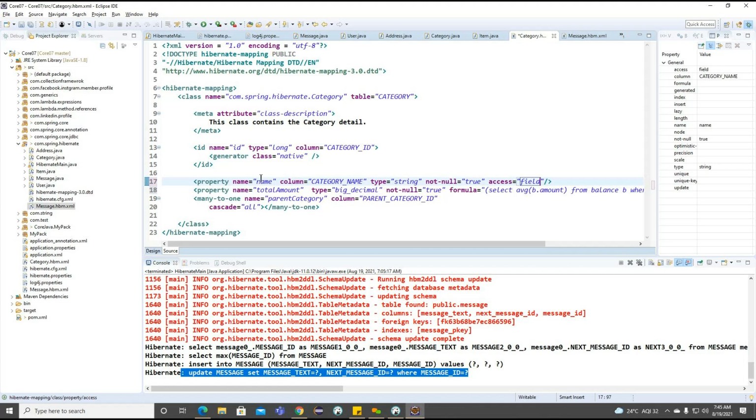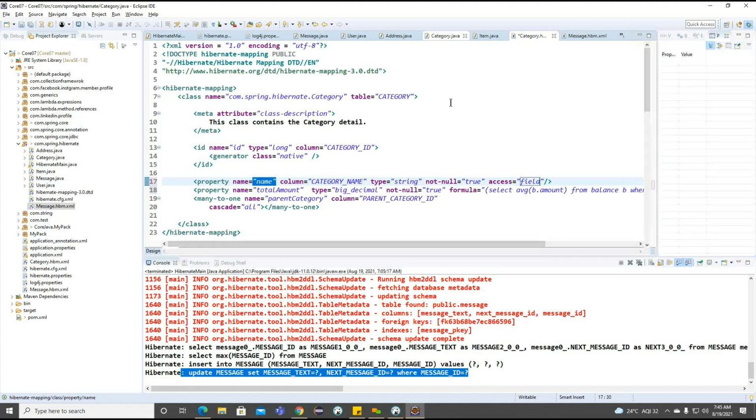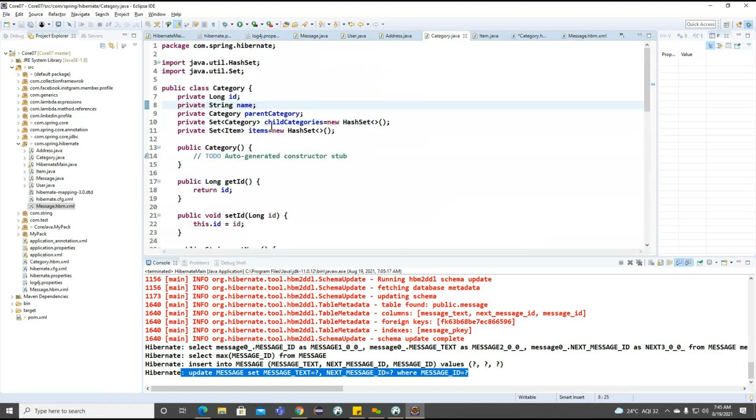For example, the name here: if I initialize this value, it is injected for all the records, without calling the explicit getter and setter methods.